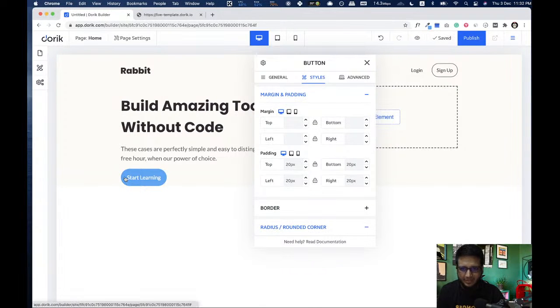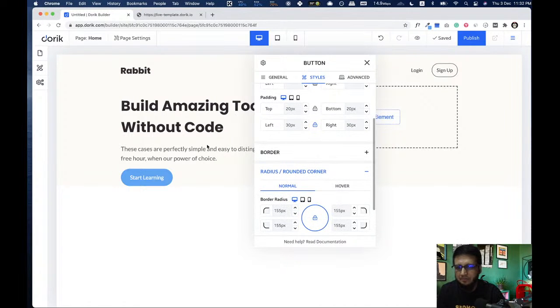And we can create some space on the left and on the right side, so I'm gonna increase it to 40 and 40. I think it's fine, 30. If you click the lock button, both will be changed at the same time. If you change here, it will be changed here. So I think it's fine.